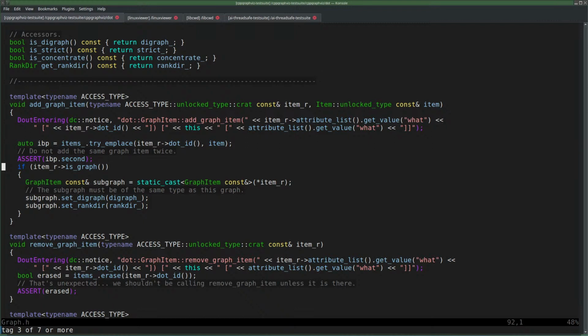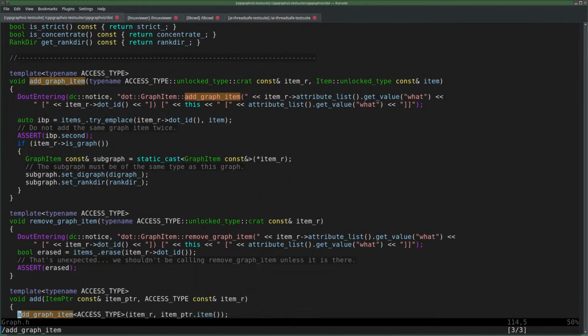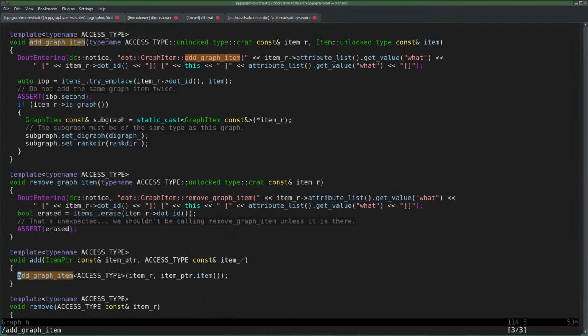Not if it's a node item. I don't know where it came from, that node item, but yeah, graph item itself is only called one place. That's here, and the access type is determined by that, which can be anything, including a node item, I guess.